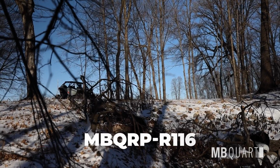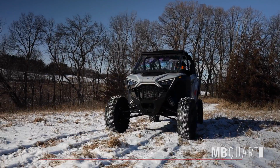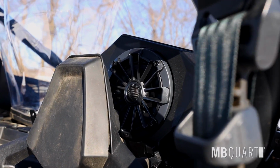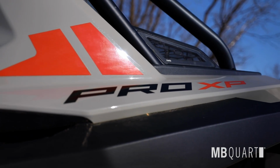Raise your speaker game with the MBQRP-R116 Polaris RZR-tuned audio rear speaker kit. The MBQRP-R116 is a rear speaker kit engineered by MB for Polaris RZR Pro XP, Pro R, and Turbo R models